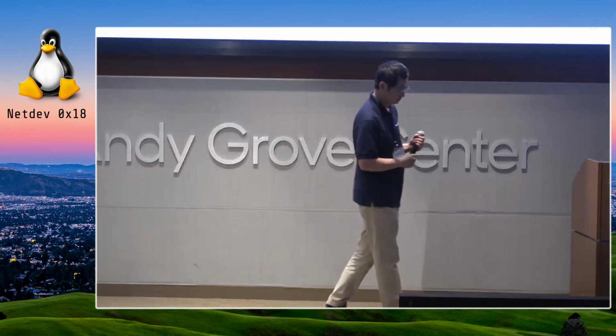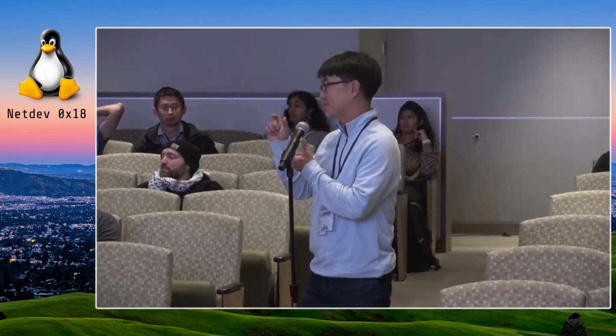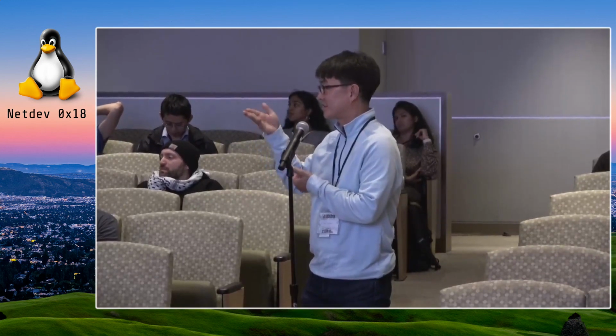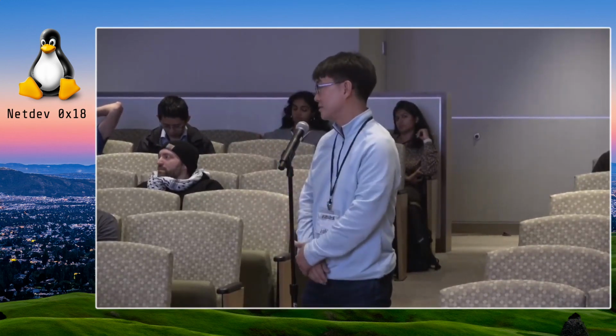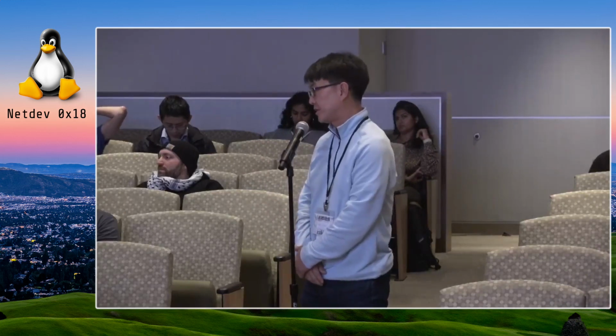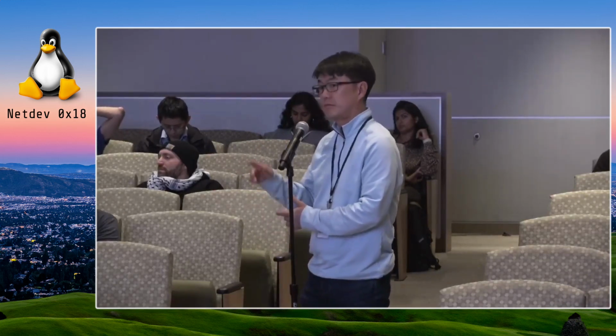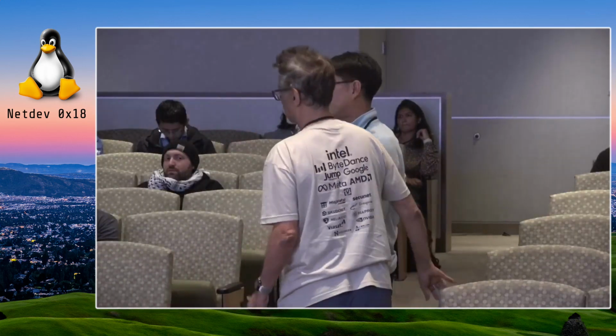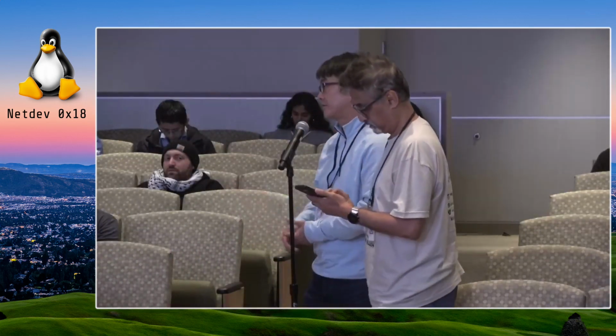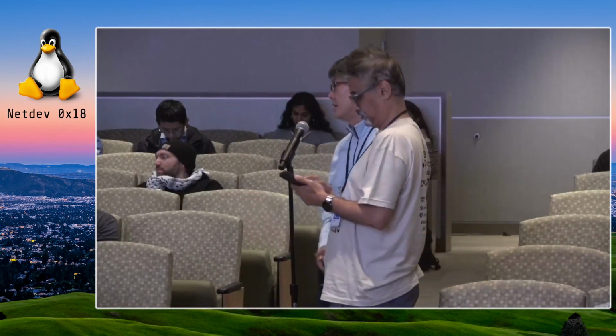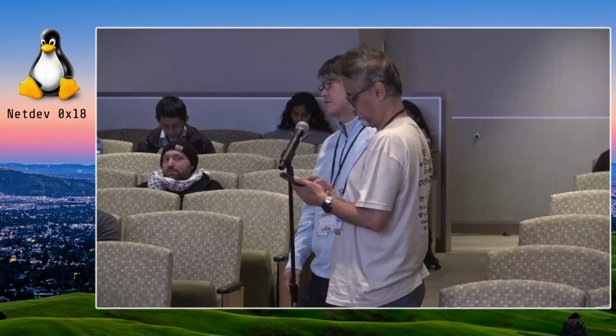So HyStart++ is slightly better because when it exits the initial slow start, it actually goes to the second slow start phase, and then it could do better. So that might be okay for some wireless networks, but in GEO cases, it's still not really consuming all the available bandwidth quickly. So this is more like